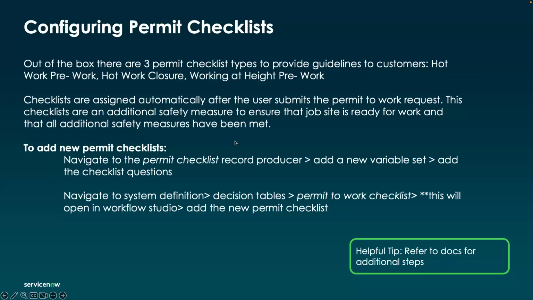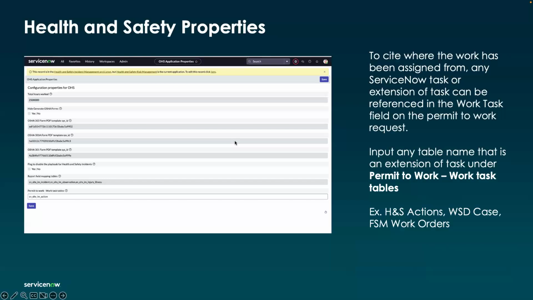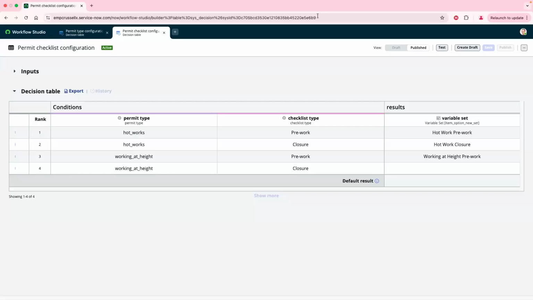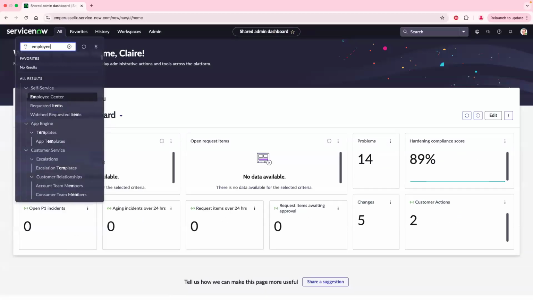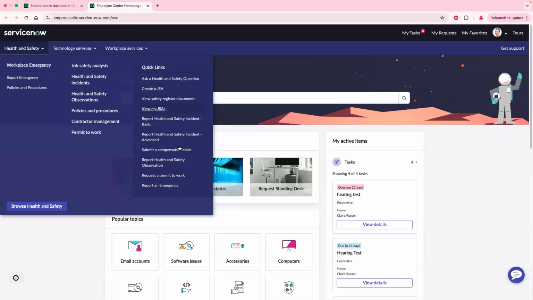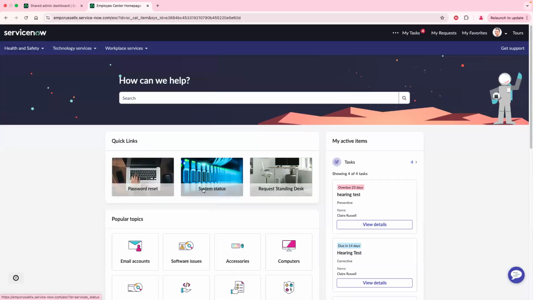All right. So the next thing that I want to call out as things to consider during our health and safety permit to work implementation is our properties table. What I'll actually do is show you what I mean by this. Shayna called it out during his demo, but let's go back and showcase what we're going to look at. We'll go back to our permit request. This is our employee center, where the employee or the manager would be submitting that permit to work request. And if we request a permit to work, and I'll open this up,